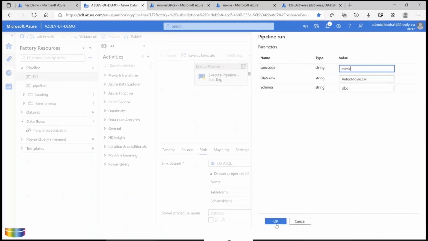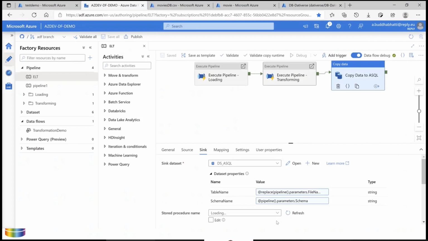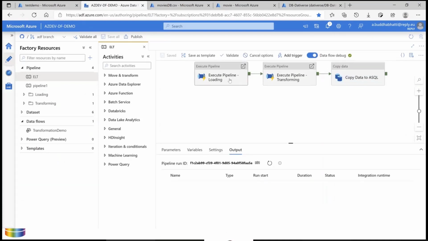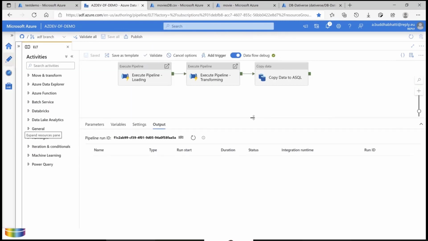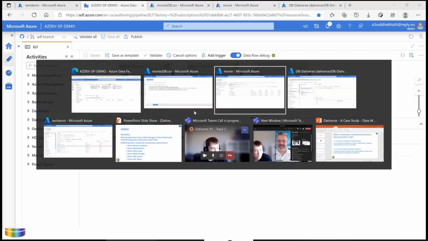So these are the parameters. I think it takes some time. Meanwhile, while it's executing, let's move into the remaining demo part. We will come back after some time.